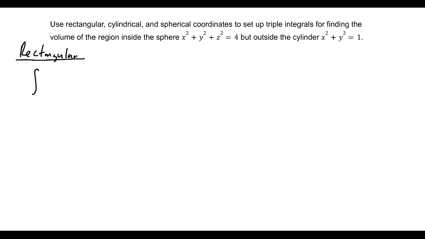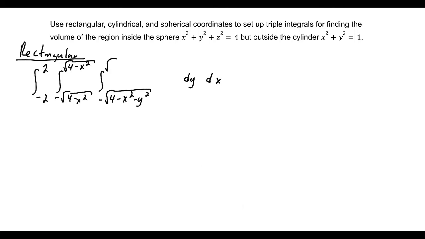So the volume between those two is twofold. The integral from -2 to 2 with respect to x of the integral from negative square root of 4 minus x squared to square root of 4 minus x squared with respect to y of the integral from negative square root of 4 minus x squared minus y squared to square root of 4 minus x squared minus y squared with respect to z of the function 1, minus